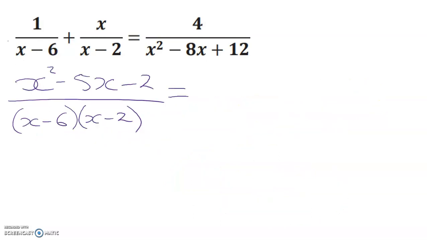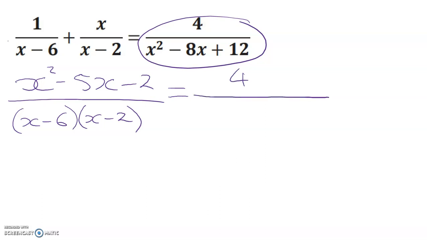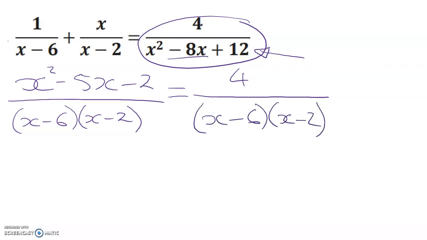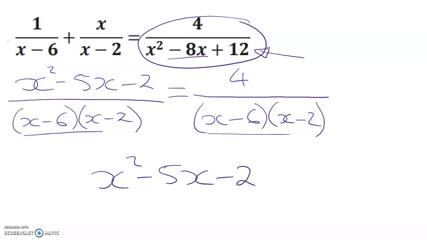So now I'm going to have a look at the right-hand side. I'm going to factor the denominator. So I'm going to use the product sum method for a quadratic. So I need 2 factors of 12 to add up to negative 8. So that is x minus 6 and x minus 2. Now that I have equivalent denominators on each side of the equation, I can simply make the numerators equal and